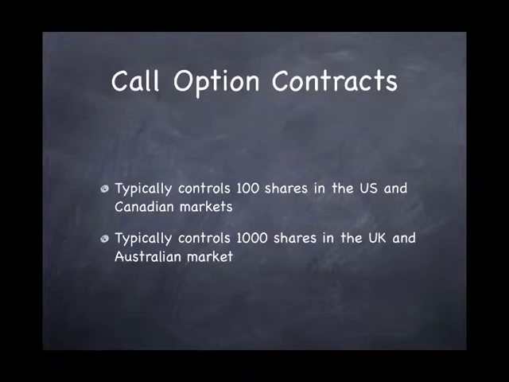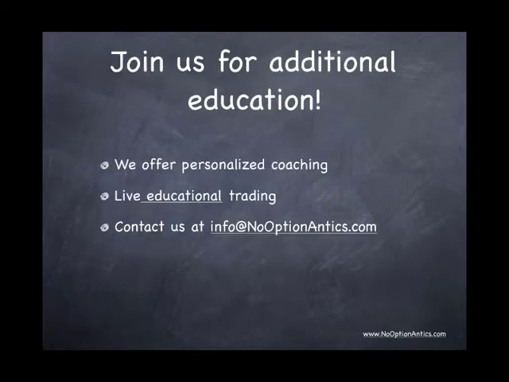Call options are sold in contracts. In the U.S. market, you'll find that there are 100 shares in each contract, and in Canadian markets as well. If you're trading outside the U.S., it is best to understand the markets and what they trade, because in the UK and Australian markets, they have 1,000 shares in each one of their contracts. And this can make a big difference in your trading, because you're paying on a per share basis for the options, and it's quite a bit of difference to pay for 100 shares versus 1,000 shares. So just be aware of where you're trading and what amount of shares are in the individual contract.